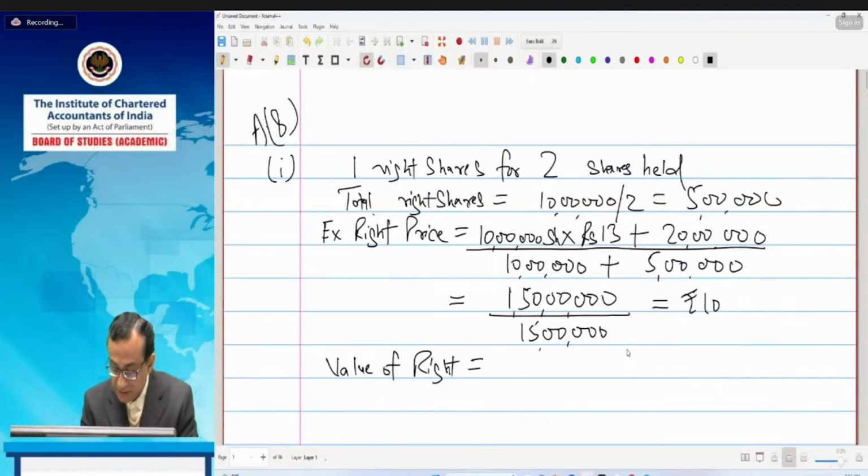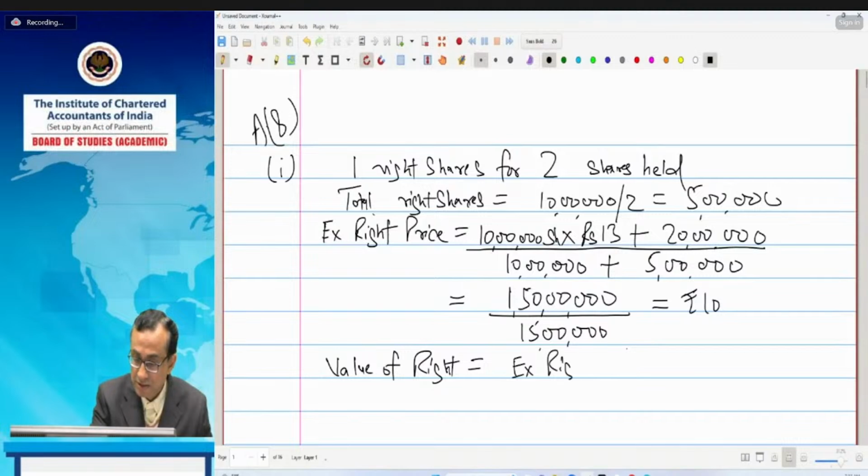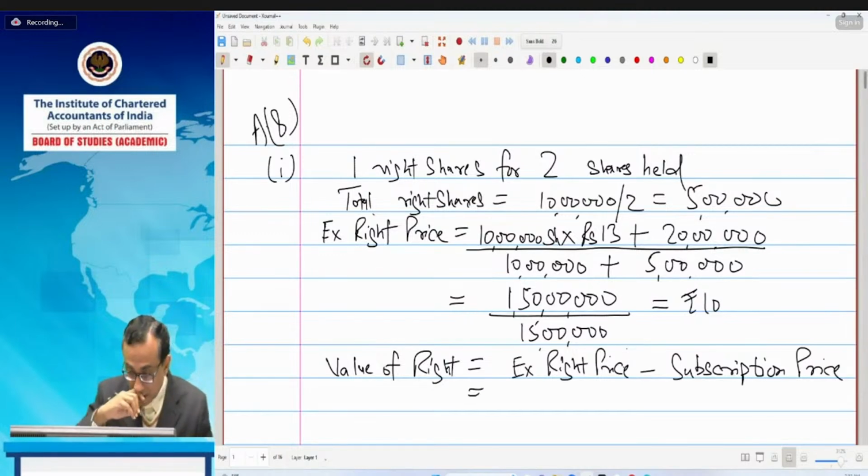So it is X right price minus subscription price is equal to X right price is arrived at 10 and subscription price